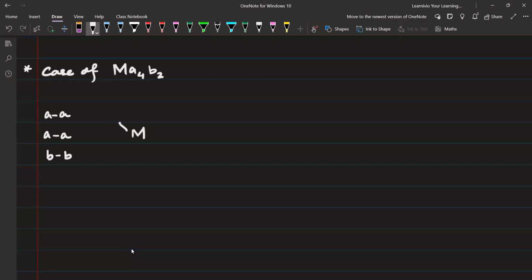मेटल, A opposite to A opposite to A, है ना. A is opposite to A is opposite to A and this B is opposite to B. Now since same ligands are opposite to each other, इस केस में इसको बोलते हैं ट्रांस. This is the trans isomer and